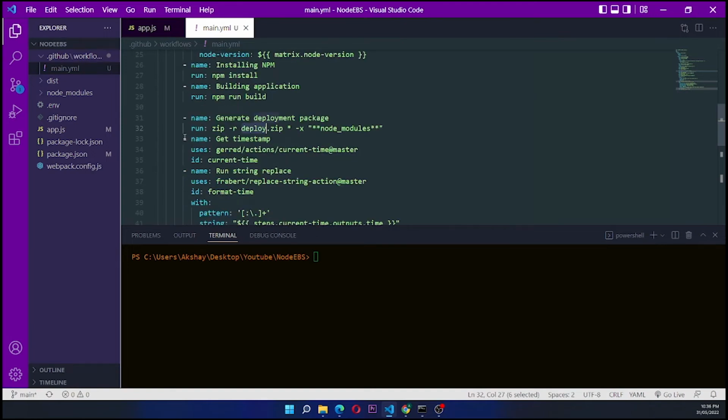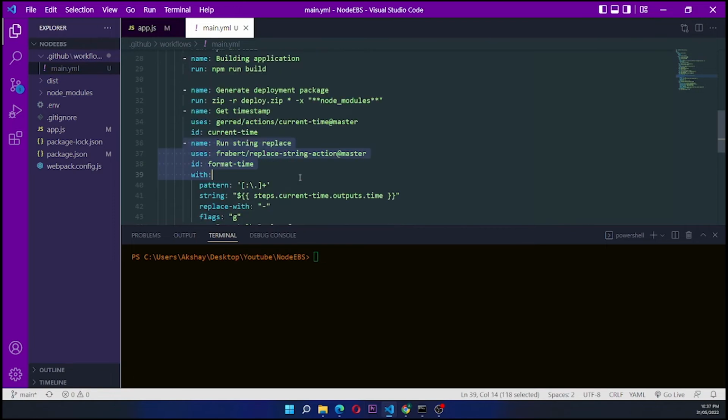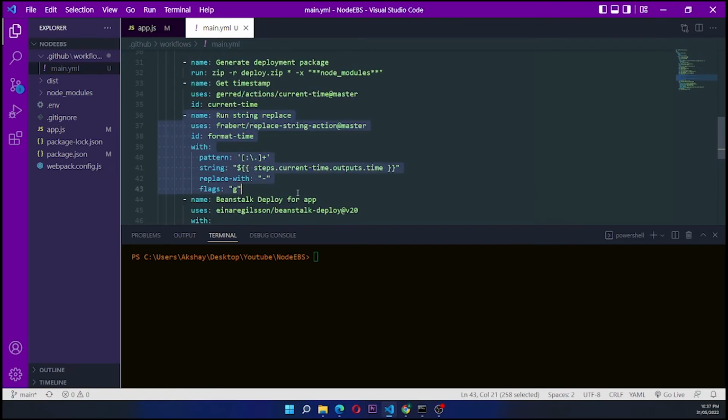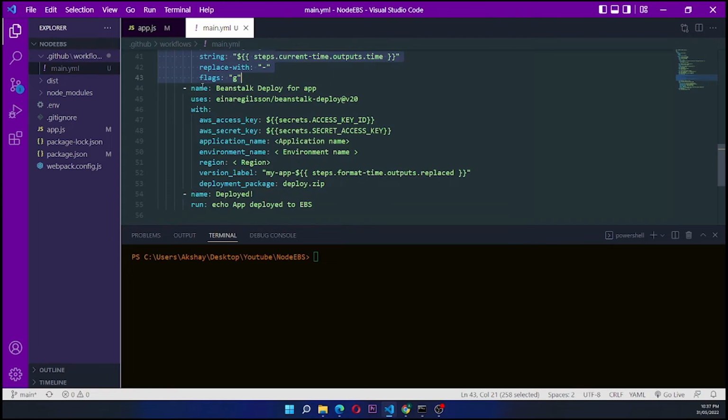After getting the zip file, it gets a timestamp from this particular GitHub action, and from this it gets the name. Okay, so this is the global name. After that, it deploys the Beanstalk deployment for the app. Okay, so this is the GitHub action for deploying our code on the Elastic